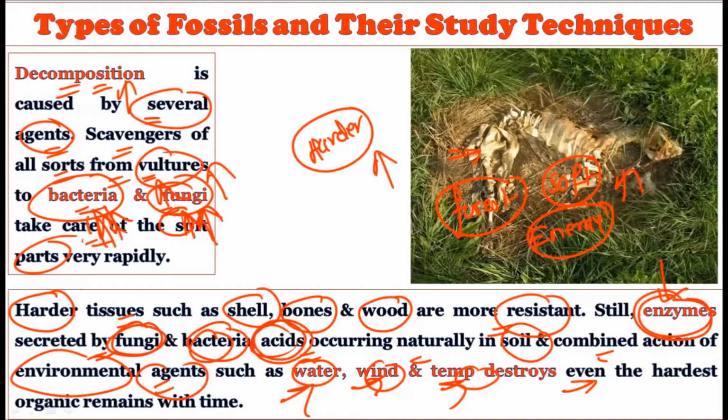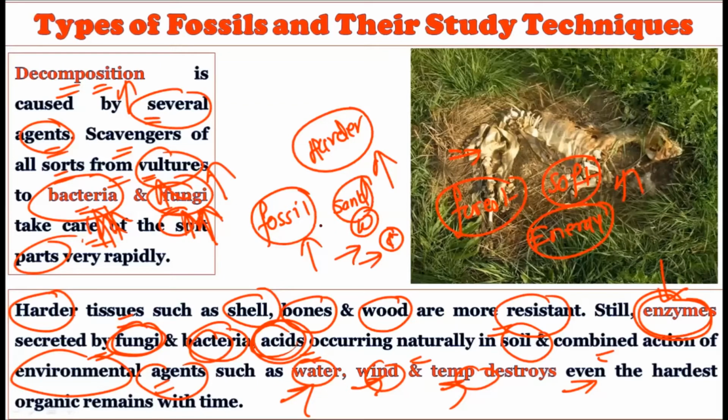To create the fossil, the plant or animal life must get suddenly buried inside the mother earth, so that it will be found in the different strata later. Whatever fossil record we find today, these all got suddenly buried inside the water or the ice. There are different places where they can get buried, right? In the sand, inside the mother earth. So the one thing that is pretty sure regarding fossil studies is that to create the fossil, the plant or animal life should get suddenly buried. If it does not get suddenly buried and natural death occurs, decomposition will follow, and whether it's a soft tissue or hard tissue, it will decompose over a period of time. Okay, now consider this.